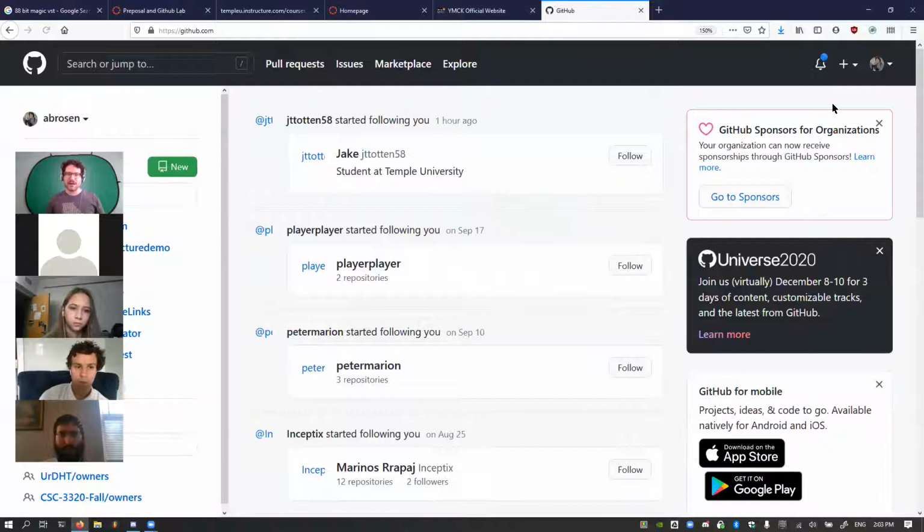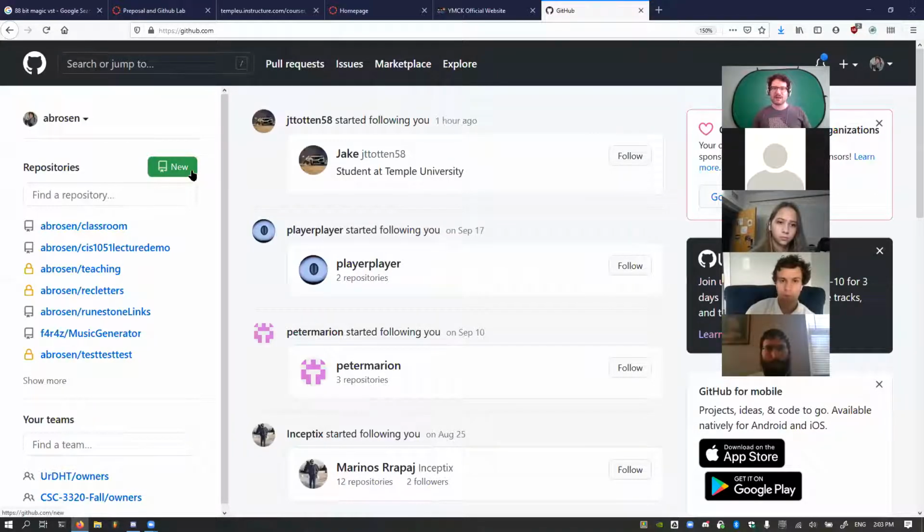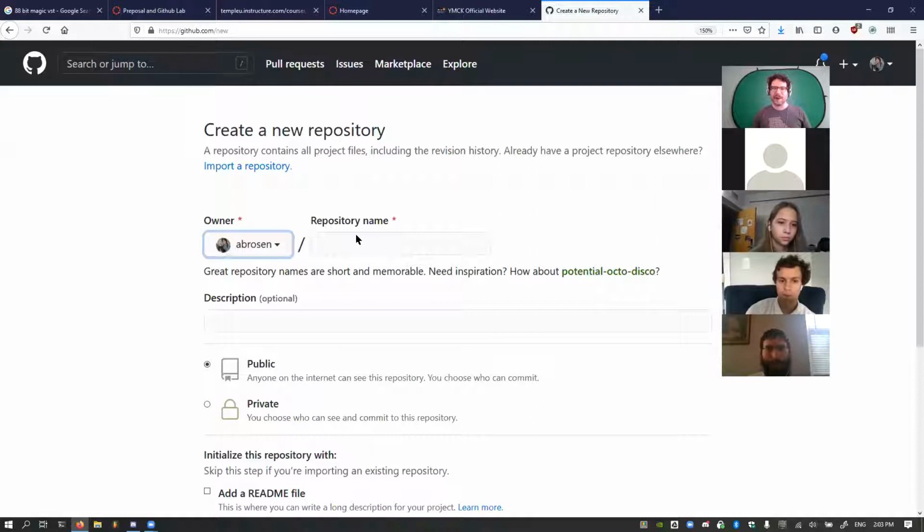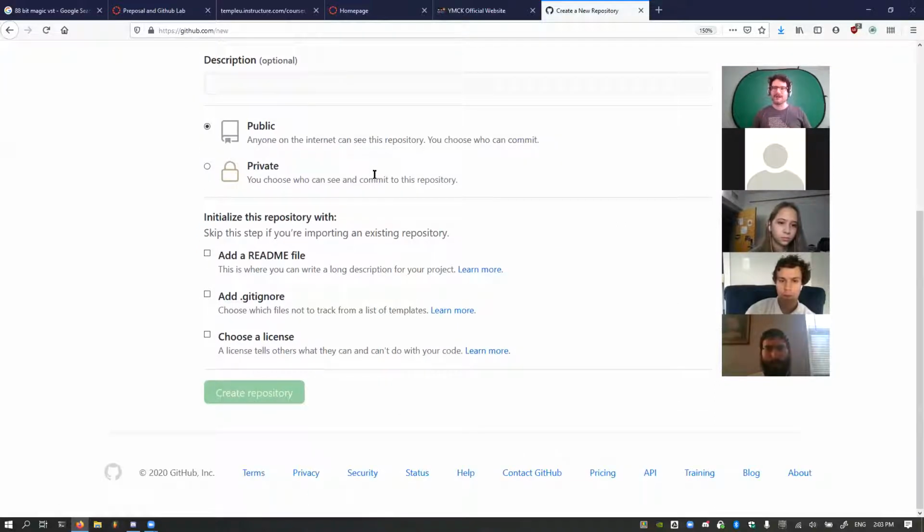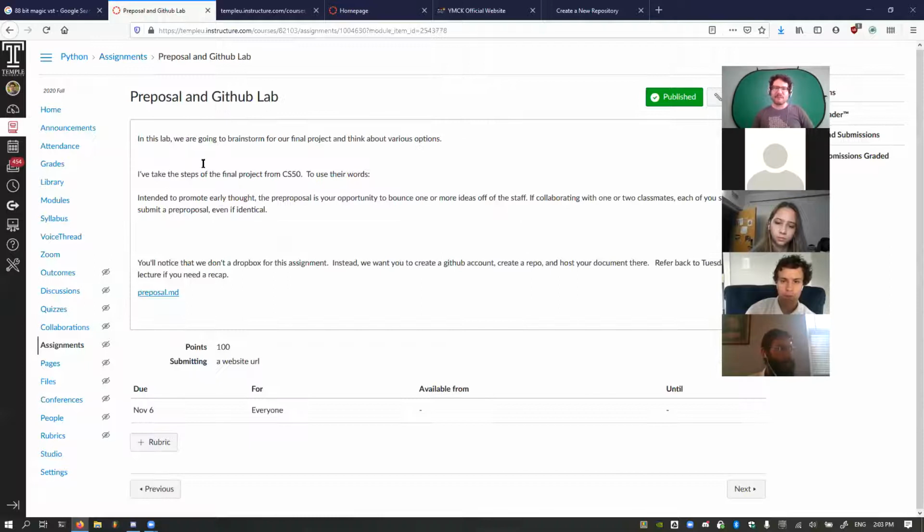And then over here, just hit new, create a repository, and then get that file into your repository. Don't really care how you do it, so long as it's hosted on there. What will be due on the 13th is the actual proposal, which I've uploaded today.